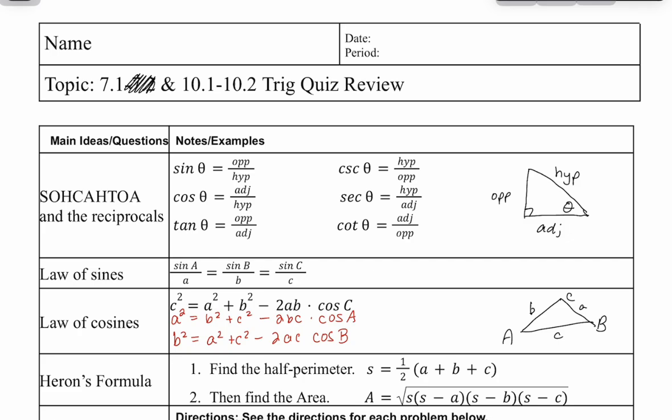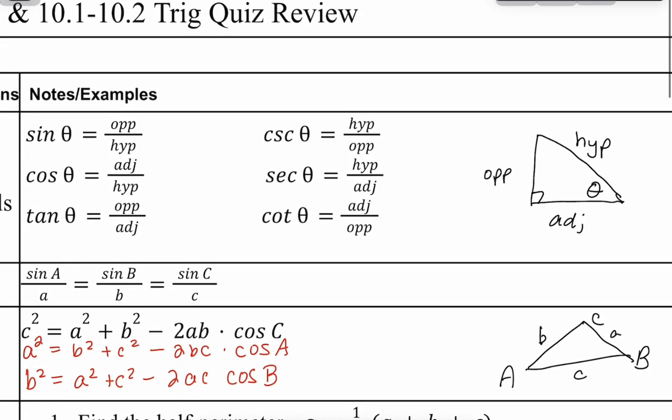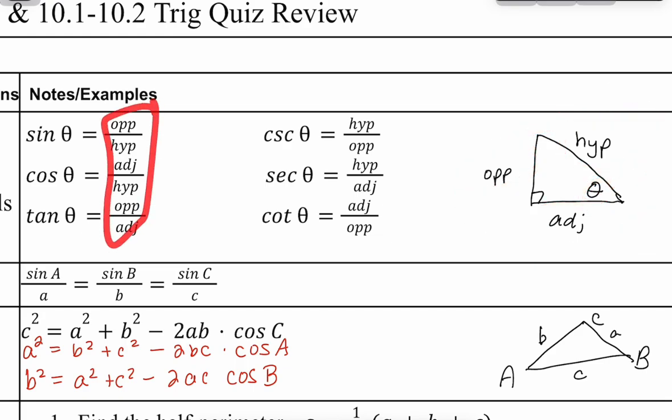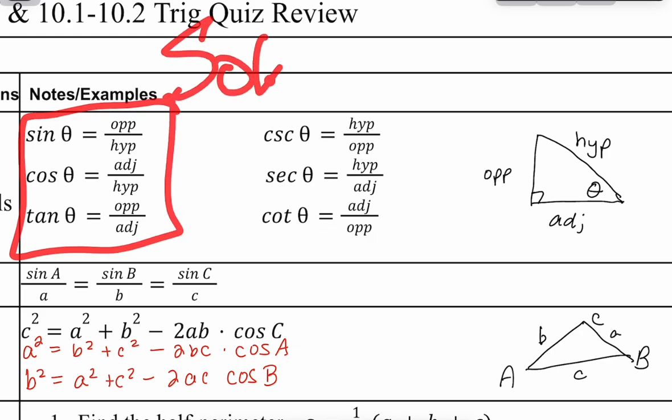There are some things you're just going to have memorized, and then some things you have to use. The first thing you have to have memorized is your SOHCAHTOA stuff. I will have a triangle to the side. Please label based upon my theta, where is the opposite, where is the adjacent, and where is the hypotenuse. Once you've labeled that, these will be blank. I will have them in the same exact order as you see here because that's the order I want you to memorize them anyway. Remember, because of SOHCAHTOA,